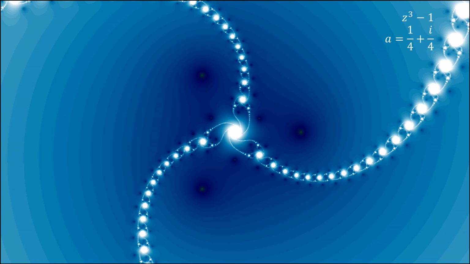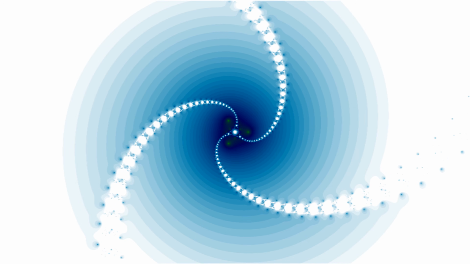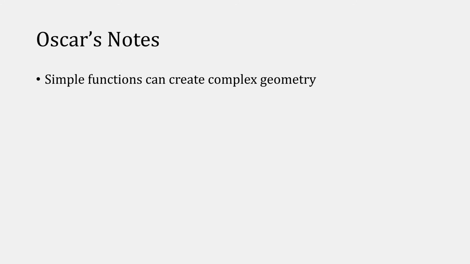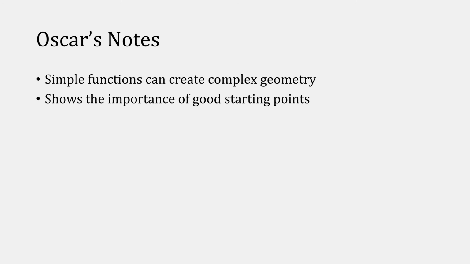You'll notice a lot more blue here, but that's because it's taking Newton's method more iterations to converge, not necessarily that less of it is convergent. Let's zoom in a little. Notice that our roots still have not changed. We're still converging on the same 3 points, and they're still represented in the Newton fractal. Let's zoom out a little. I think that looks pretty cool. Even simple functions can create complex geometry with Newton's method, and it kind of shows the importance of picking a good starting point whenever using Newton's method.